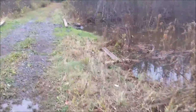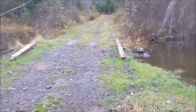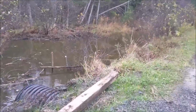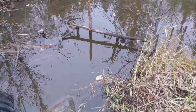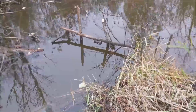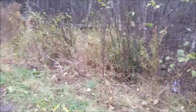We got one set down here by the culvert. I can see the water's dropped and there's nothing in that set, so that was just a 330 drowning set there for any beaver that's moving across the road. They're coming down through that spot. No go on that, so we'll pull that, and then we'll pull the other 2 over here, there's a house in here,